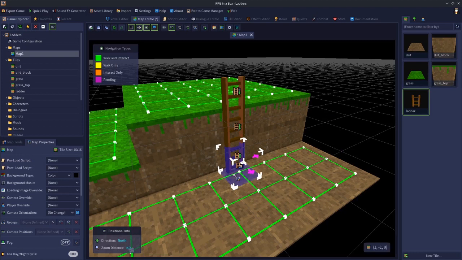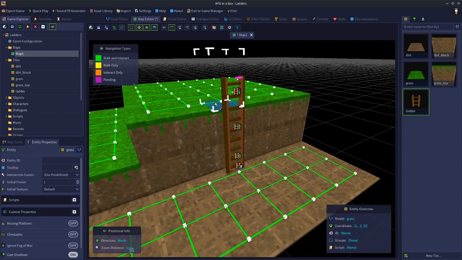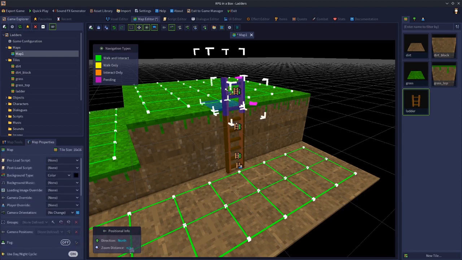Okay, so this tile now will allow you to either get onto the ladder if you weren't on it already, or get off the ladder if you were already on it. Okay, we need to do the same at the top. So we select the tile where we want to get off the ladder onto, hold Shift, click the top piece, right click,